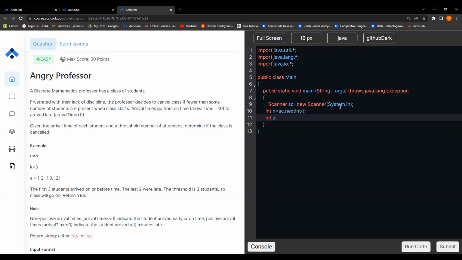Okay, so I guess int ARR is equal to new int of size n, right? For int i equals 0, i less than n, i plus plus, ARR at i is equal to sc dot nextInt, right? Next step. Okay, so now I'm done with the creation of the data set, or the data structure. Now let's basically